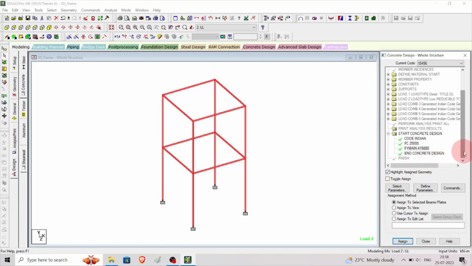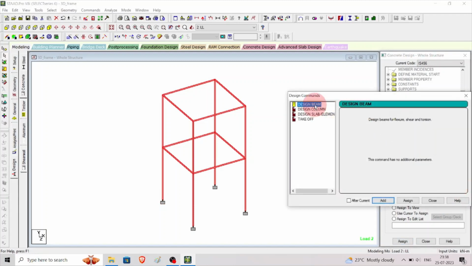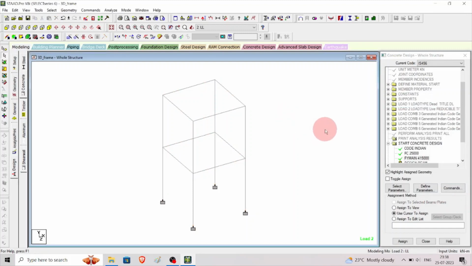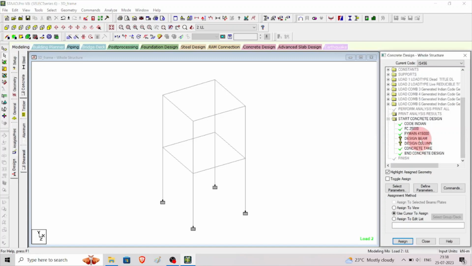Now we need to design beams and columns. For this we need to go to commands, go to design beam, click add, design column, click add, take off, click add and close. Now we don't want to select all the frames, just click and unhighlight all the selected elements. Go to design beam,